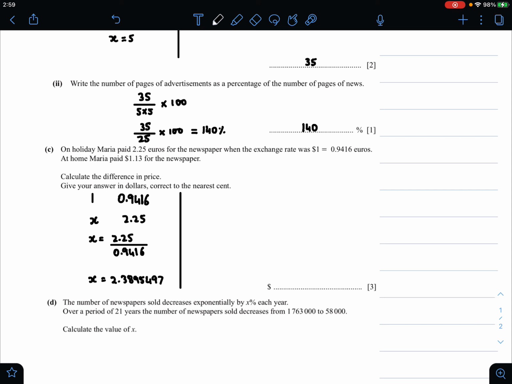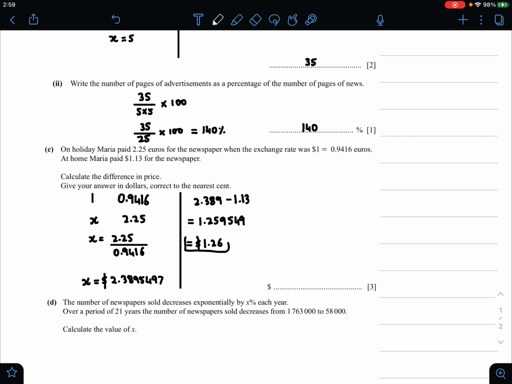So we have to calculate the difference that she pays. So all we need to do is subtract how much she pays at home from how much she pays on a holiday. So all we need to do is 2.389 minus 1.13. So therefore you will get your final answer as 1.259549, and since you have to give your final answer in 3 significant figures, your final answer will be